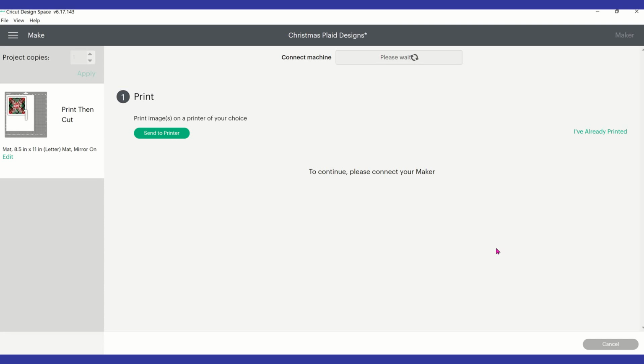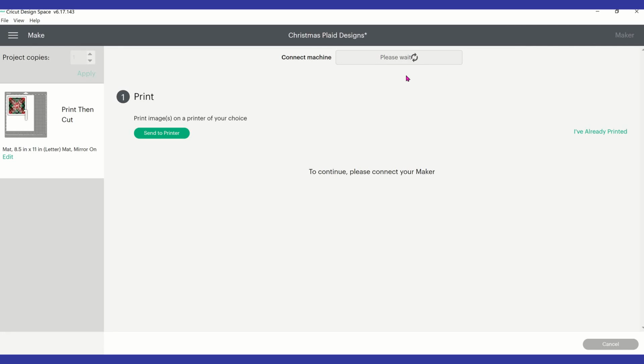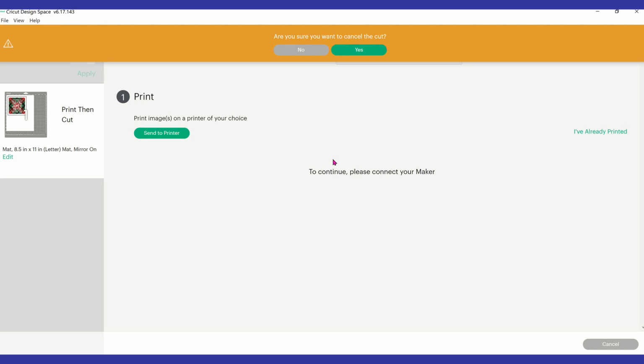And then this is where you're going to select your cutting machine. And again, I do not have my cutting machine with me. It's giving you all these issues, and that's because I don't have my cutting machine with me. But if I did, it would recognize my cutting machine, and then I would say center printer. Okay, so I wanted to get you up to that point and how you could do this as a fabric